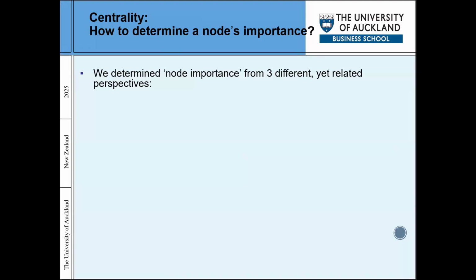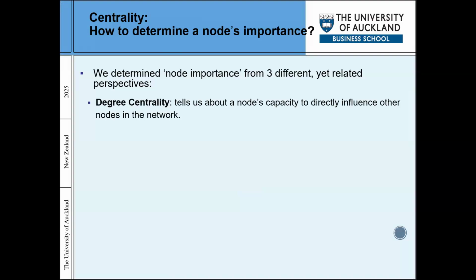And we are going to use 3 ways to understand the importance of a node, which are based on the concept of centrality. Now, there are mainly 3 types. There's a 4th one we're not using, which is also important in this context. We are using these 3 that I'll be talking about in the next minute. The first one is degree centrality. Given that we know we're dealing with a graph, we're talking about the degree of a node. That means how many friends or how many connections a node has. That's degree centrality. It is probably the easiest to understand, and it may represent the influence of a person on the network.